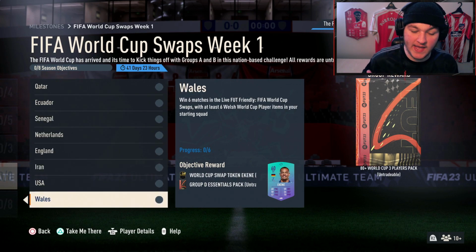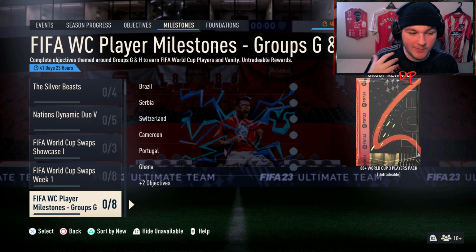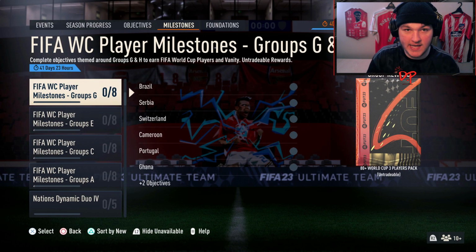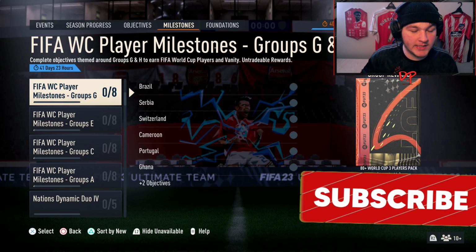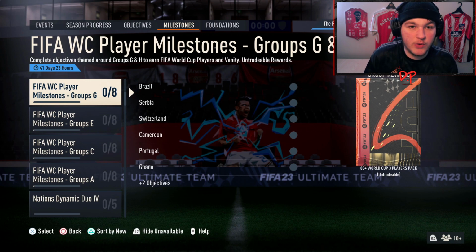All of these swaps that you can try and collect, but also the FIFA World Cup Player milestones, how you can actually get the players, and there is a lot of them, and it may seem very, very overwhelming. So this is going to be a little bit different to our usual objectives guide, and I'm just going to try and break it down and simply explain it to you guys on how it works and how you can